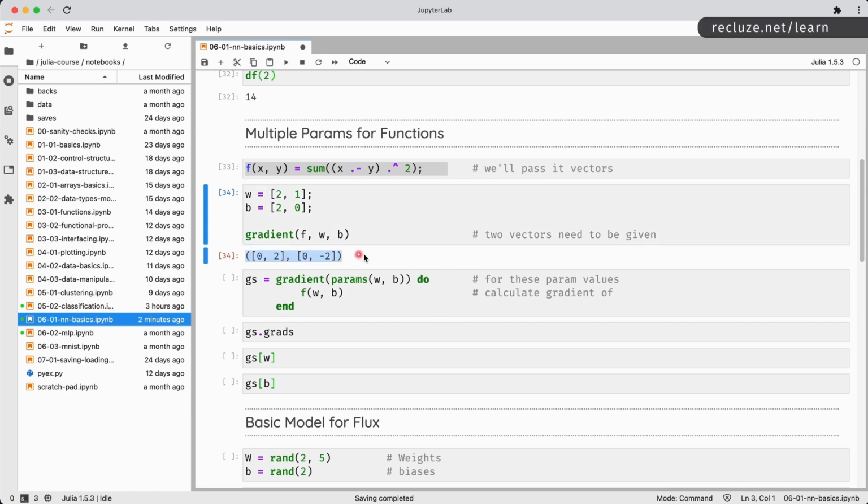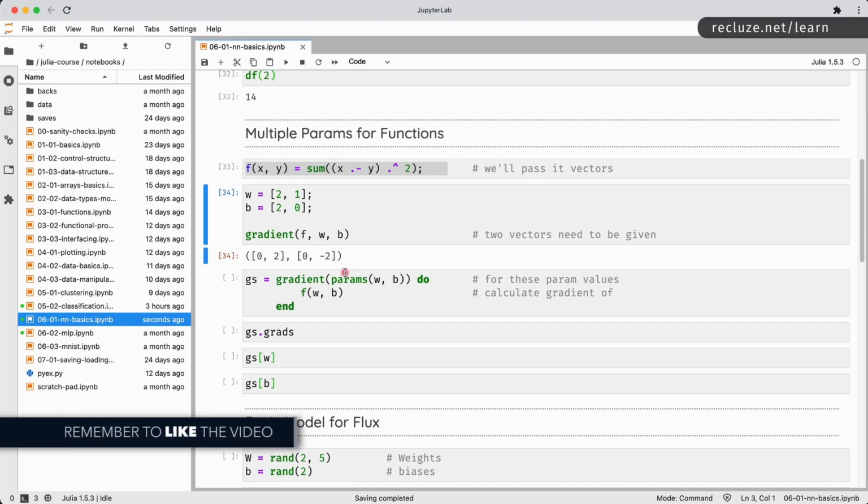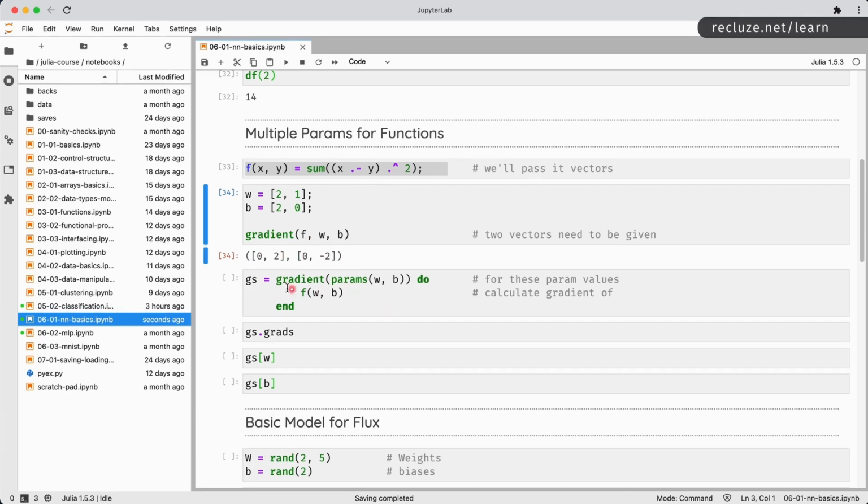Now this is slightly difficult to work with. So Flux provides an alternative syntax. So here you have to calculate what w1 is, what w2 is, what b1 is, what b2 is. We have an easier method for doing this. What we can say is we can define a new function gs. This is going to be the body of the function. What this is going to do is it's going to calculate the gradient with respect to these parameters w and b for this function. So the syntax looks slightly convoluted. It's the exact same thing. The gradient with respect to the parameters w and b of this function is going to be calculated, and it's going to be saved in gs.